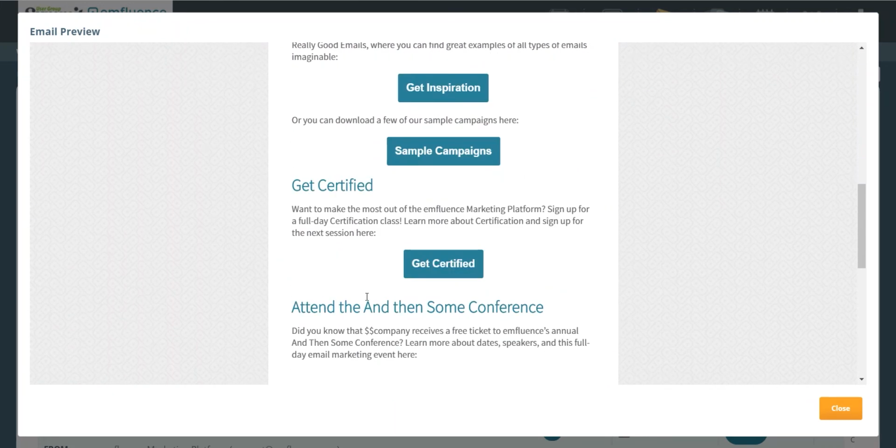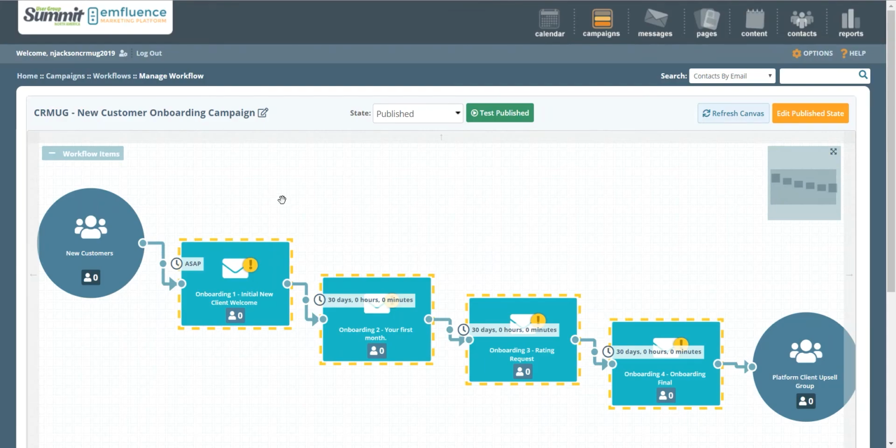Now, it's important for us to wait 30 days before we make that certification ask, because they're not quite ready at the first email to get certified. They're still just trying to get the platform that they just bought up and running. So let's take a look at what happens after that second email. Here again, we've decided that a good time to wait is 30 days. Yours might be a different timeline. But once we've hit that 30-day mark, now we're about 90 days into the relationship,